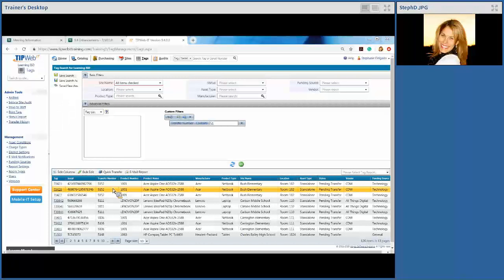Now, speaking about reports, this will also show, of course, on the tag listing. And that's because the tag listing is fantastic, in that it's going to show whatever I have on my blue grid header here, right? So if I come over here to my reports and I go to tag listing,